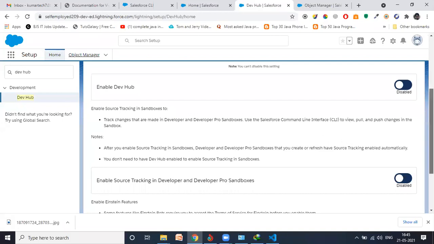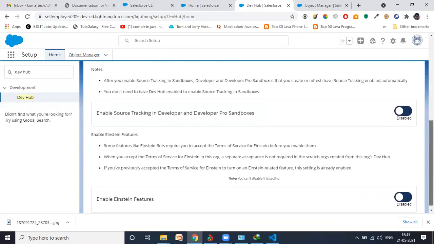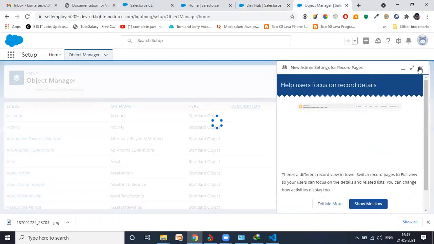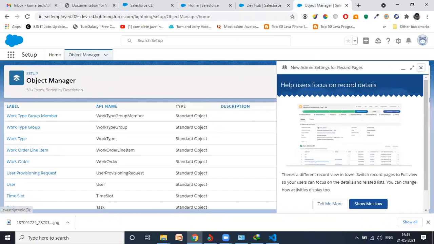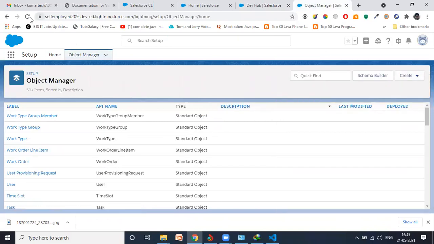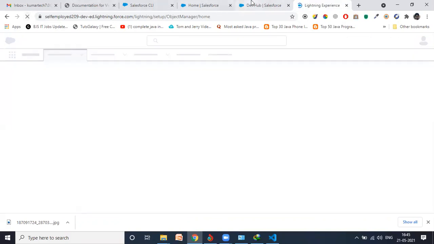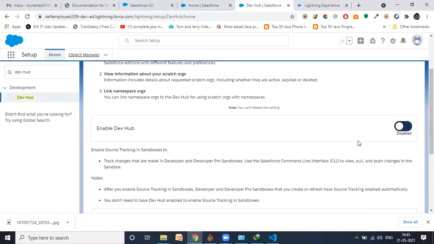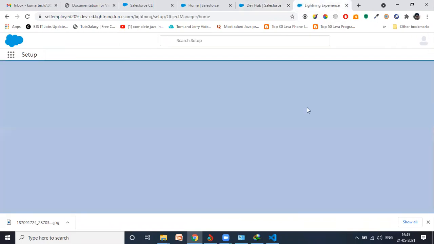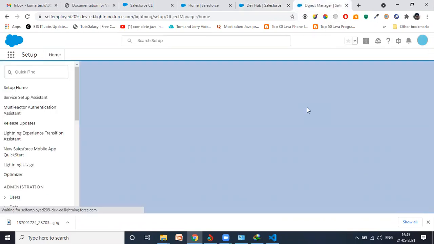Guys, before I enable this, let me show you one thing. Right now this is the object manager page, so let me refresh it. Once I enable scratch org, two more objects will be added: active scratch org and scratch org.